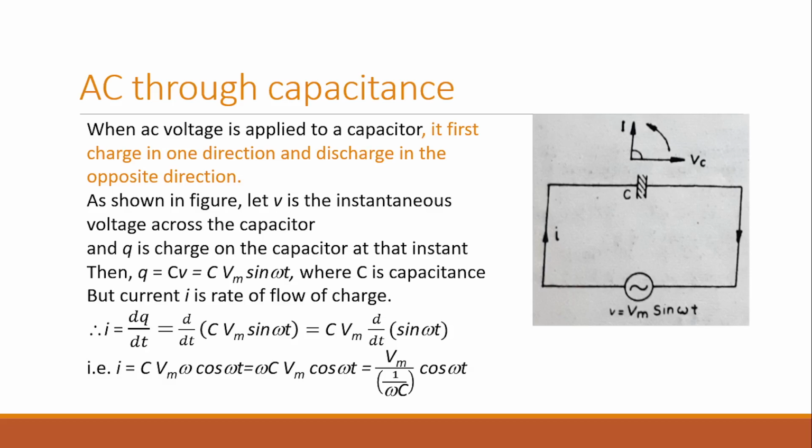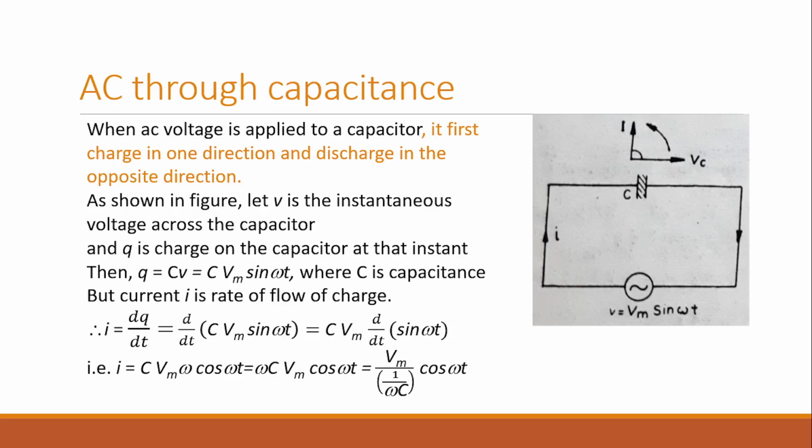It is called capacitive reactance, or reactance of the capacitance. And again it will be in ohms. It is playing the same role as that was played by resistance. So it is in ohms if capacitance C is in farads and omega is in the SI unit, that is radians per second. In this way, current through the capacitor is given as I equal to Im sin(omega t